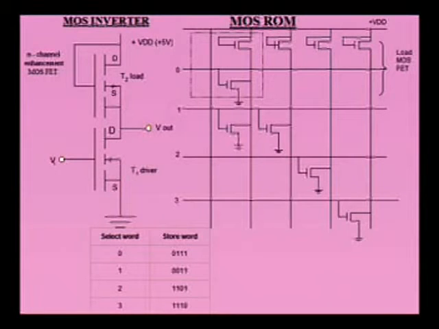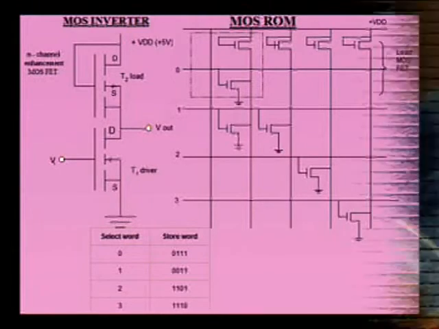And moreover, by deliberate design, the resistance of the upper MOSFET is 10 times greater than that of the lower MOSFET. So you can compare the transistor inverter with the MOS inverter. Instead of using a resistor, here we are using the MOSFET itself as a resistor. In this case also, when you apply high voltage to the gate, the MOSFET will be in the on state. When you apply low voltage to the gate, the output will be high. That is, the input of the driver transistor is 0 volt